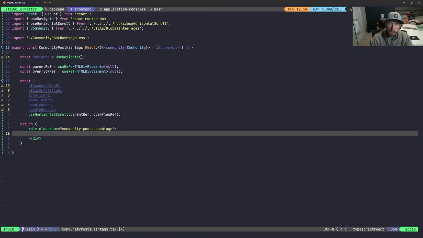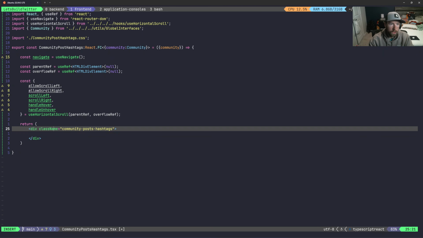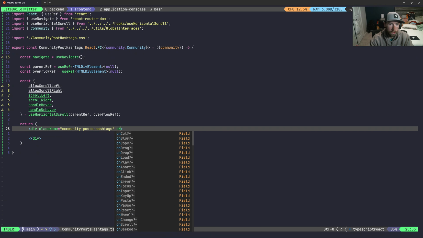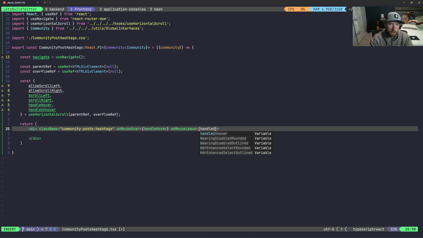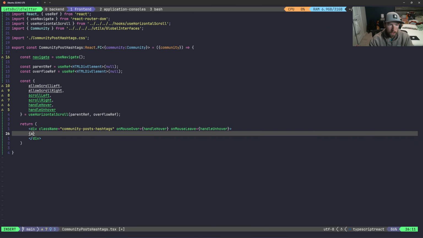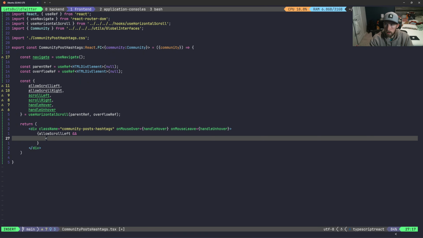So the component itself is fairly simple. We're just going to come into this div here and start out with an onMouseOver, which is going to be equal to handleHover. And then onMouseLeave is going to equal handleUnhover, like so. Then inside here, we're going to check for allowScrollLeft. Let's indent this a little bit. So if we are allowing scroll left, we'll have a div with a className equal to